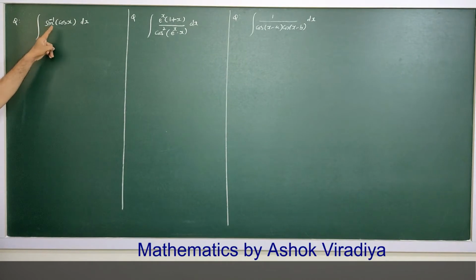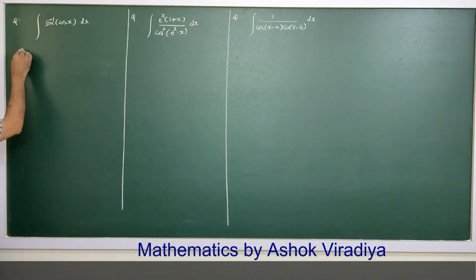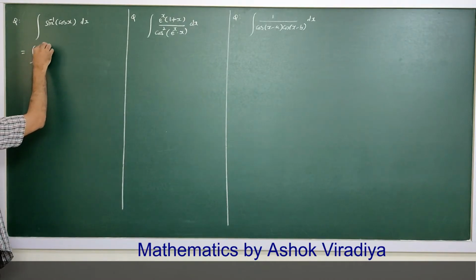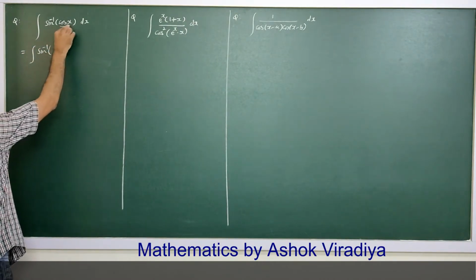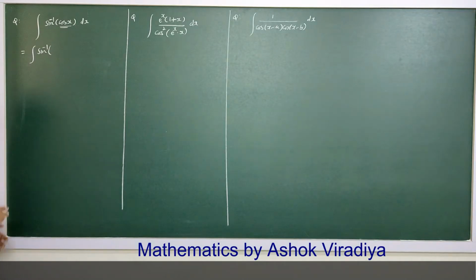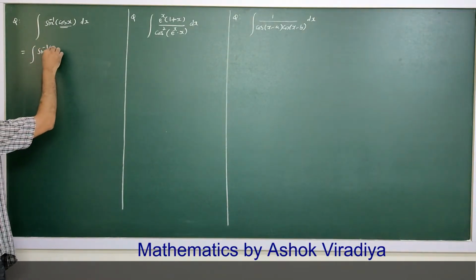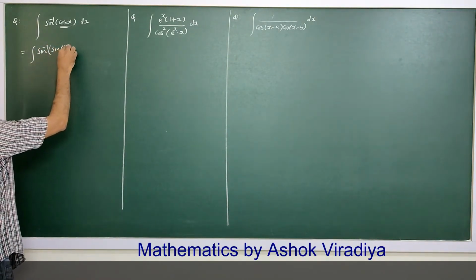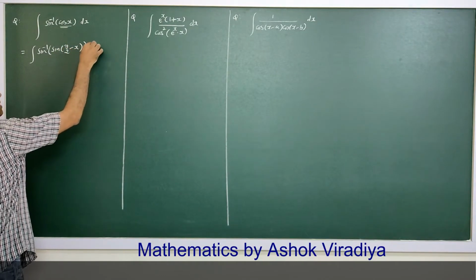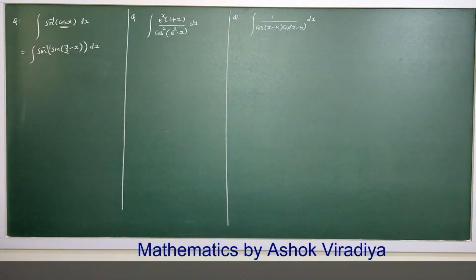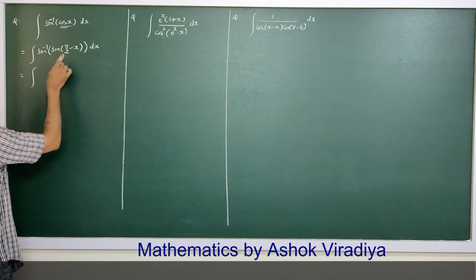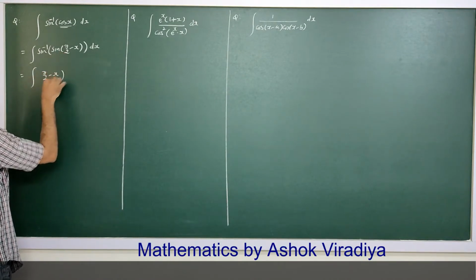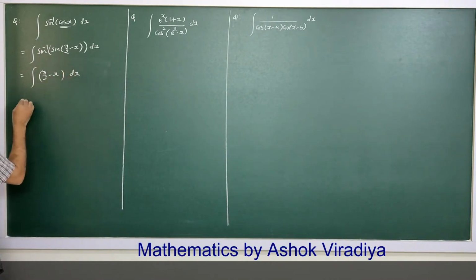Integral of sine inverse of cos x. Outer function is sine inverse, so the inner function we convert in sine. So cos x is sine of pi by 2 minus x. So this is now sine inverse of sine of pi by 2 minus x, which is pi by 2 minus x. So it is equal to